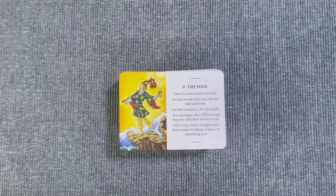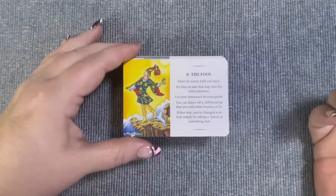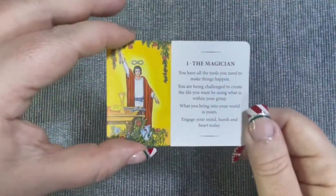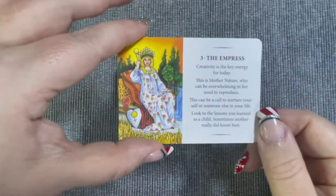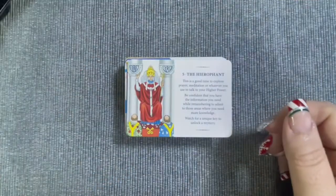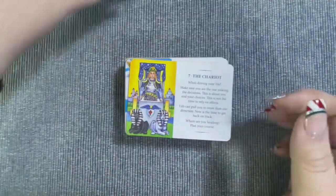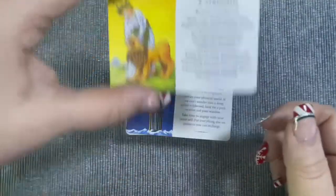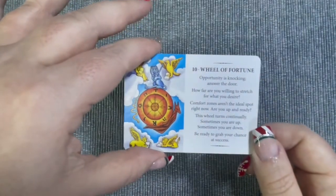So I will do a little flip through here and hold the cards up so you can see each one. We have the Fool, the Magician, the High Priestess, the Empress, the Emperor, the Hierophant, the Lovers, the Chariot, Strength, Hermit, Wheel of Fortune,